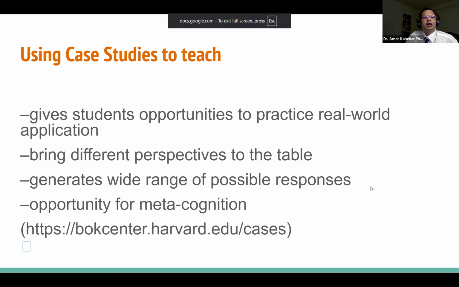Okay, so I just want to start with a little introductory thing about uses of case studies to teach. I have a video following this, but to just mention, it gives students opportunities to practice real world applications. That is one of the benefits of using case studies. It brings different perspectives to the table. It generates a wide range of possible responses, and there's opportunity for metacognition, and by that I mean it's basically thinking